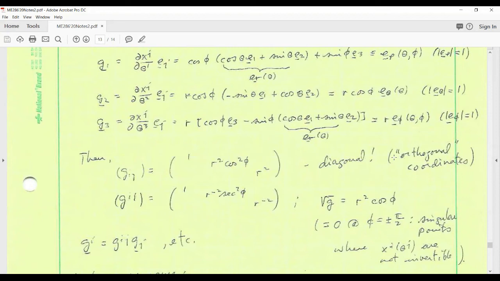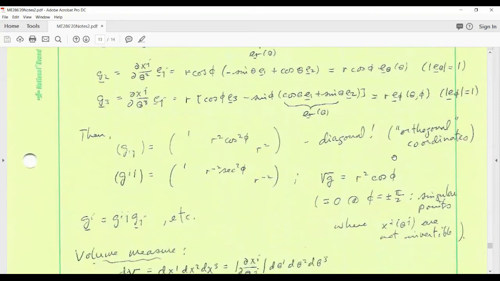They're mutually orthogonal curves. So this is a general feature of any orthogonal coordinate system, that the metric associated with that coordinate system is a purely diagonal matrix. Being diagonal, of course, it's easy to invert the matrix. We get this dual metric components. To compute something like the Laplacian or divergence, we also need a square root of G, as we've seen